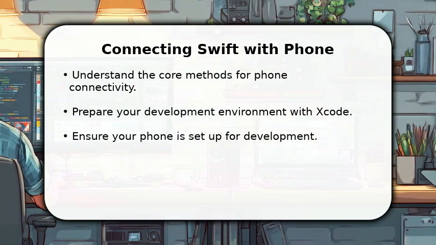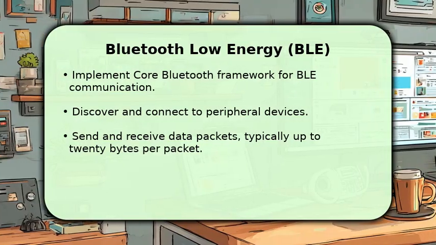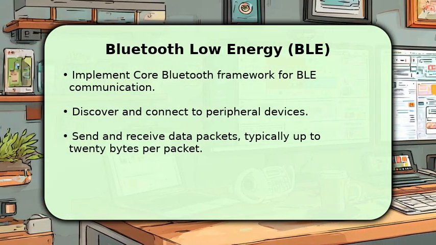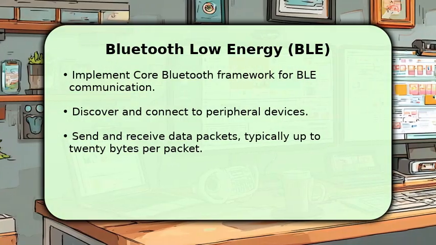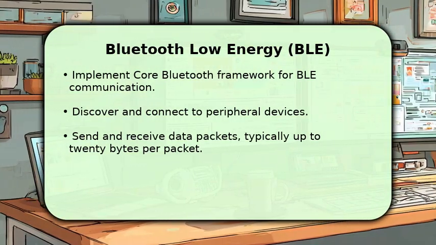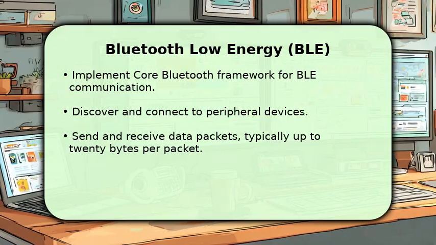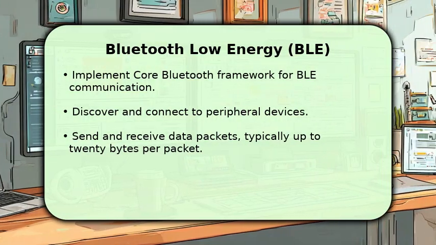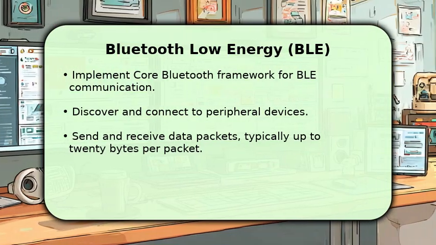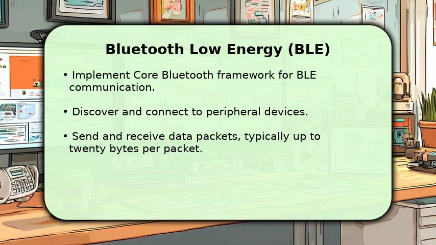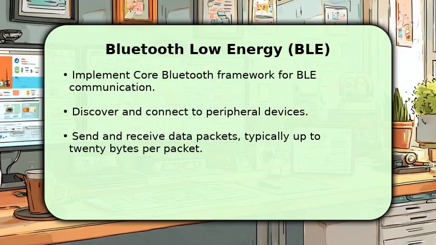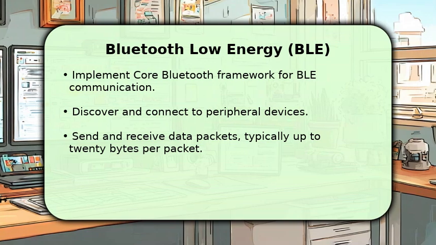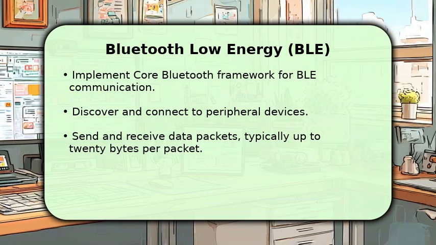and interaction. For short-range, low-power connections, Bluetooth Low Energy or BLE is an excellent choice. You'll use Apple's Core Bluetooth framework to manage connections. This involves scanning for nearby peripheral devices, establishing a connection, and then reading or writing data to their characteristics. Data packets are typically small, often limited to 20 bytes per transmission, making it ideal for sensor data or simple